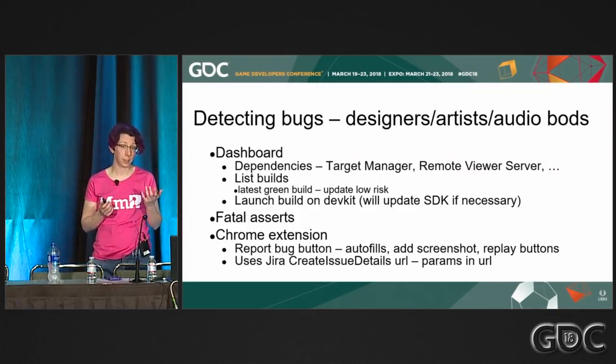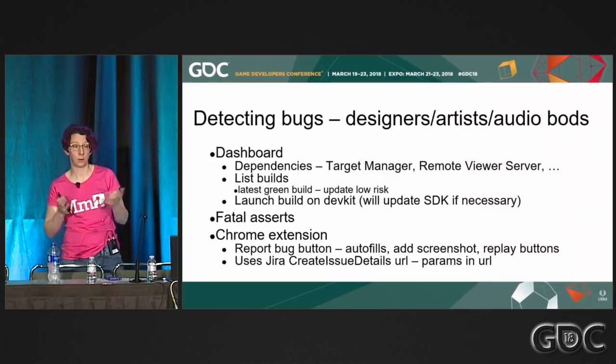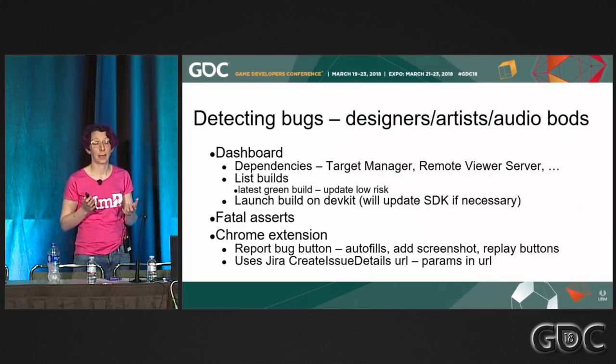Quick note on asserts. So we have fatal asserts, and they're included in the build that we give to our level designers and artists. We decided this kind of near the beginning of the project because we wanted to make sure that if you add an assert in your code, it really is a broken thing. And we want to make sure that people fix them as soon as possible. So if you hit an assert, then it stops. And it's not recoverable, it's not skippable. You have to go and fix it.